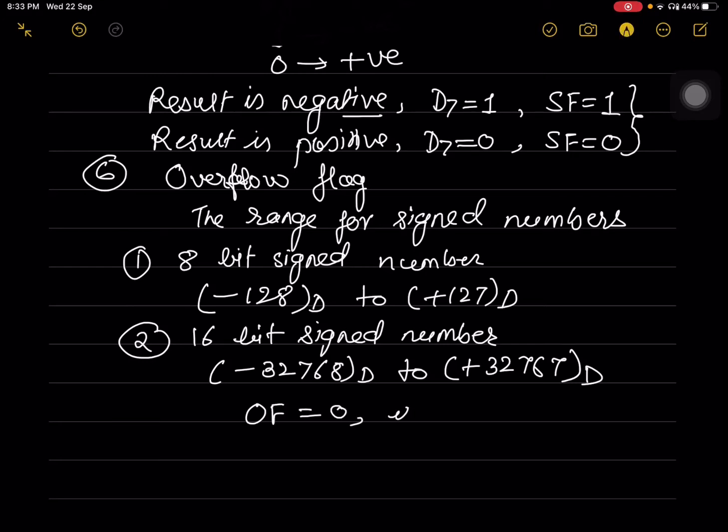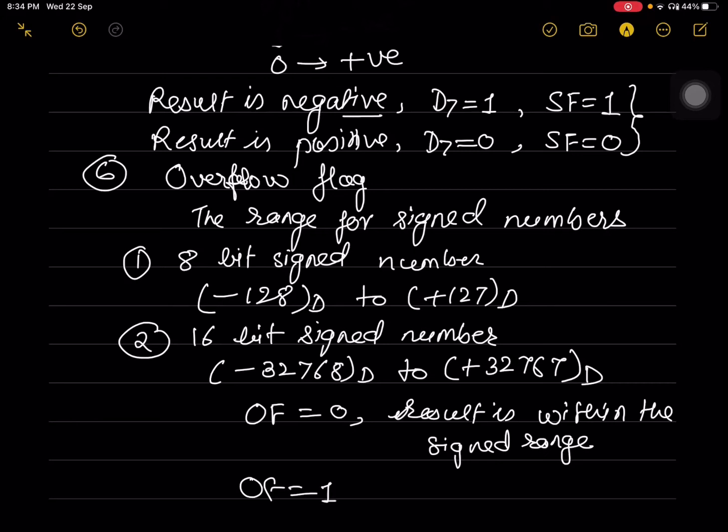Overflow flag is 0 indicates that result is within the signed range. And if overflow flag is equal to 1, then it indicates that result is out of range.